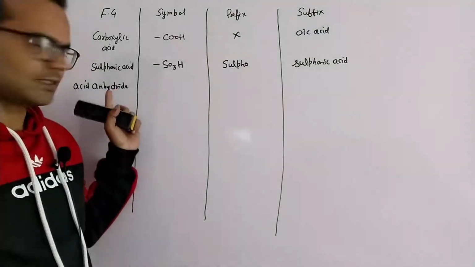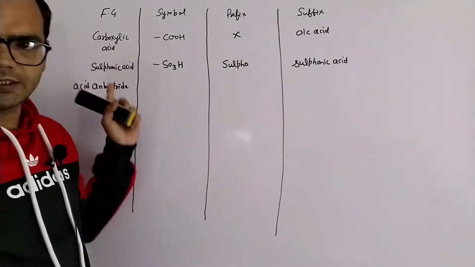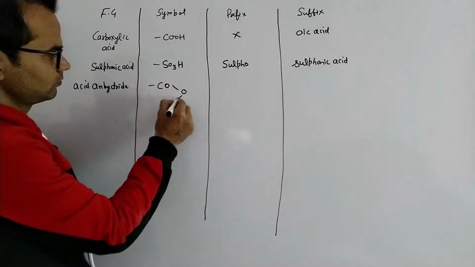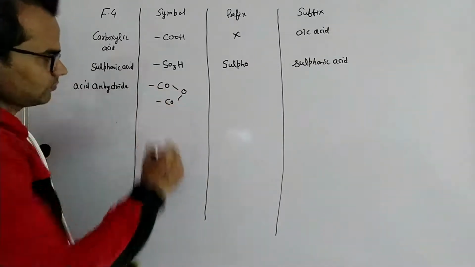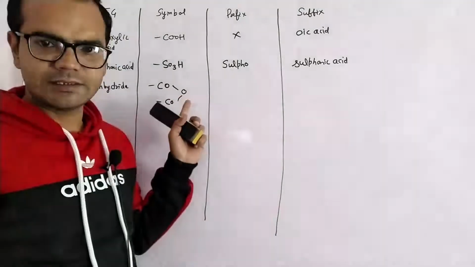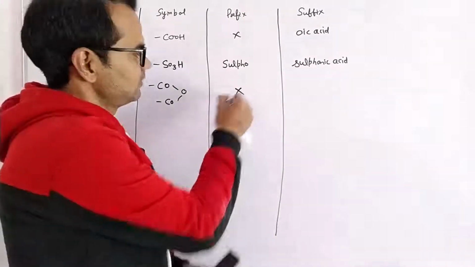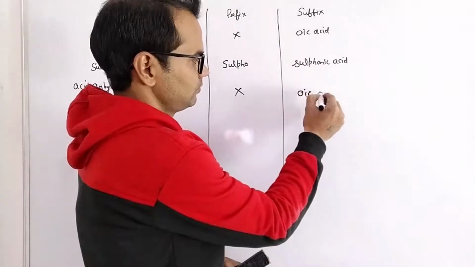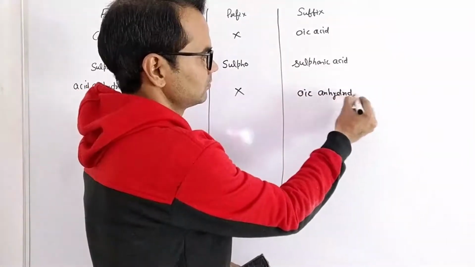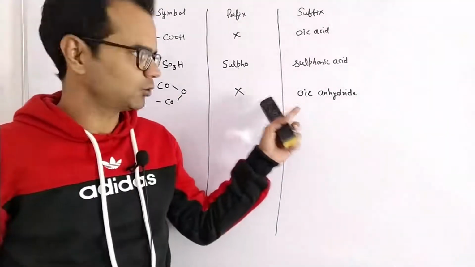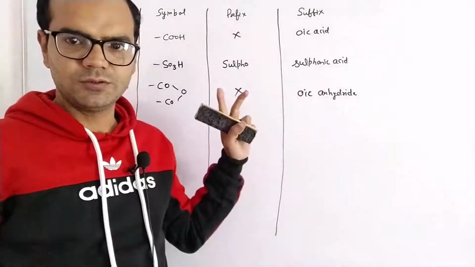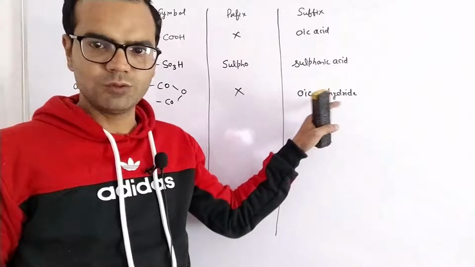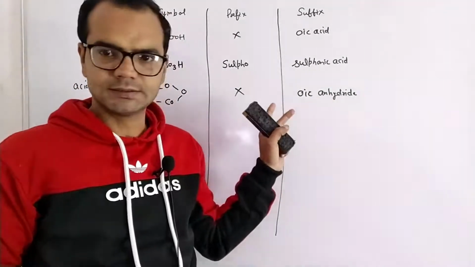acid anhydride. Acid anhydride is a derivative of carboxylic acid. Its nomenclature is slightly different. It is not used as a prefix. Its suffix is oic anhydride. Actually, it is formed by the dehydration of two carboxylic acids. That's why oic comes from carboxylic acid, and anhydride, removal of water from two corresponding acids. Fourth is